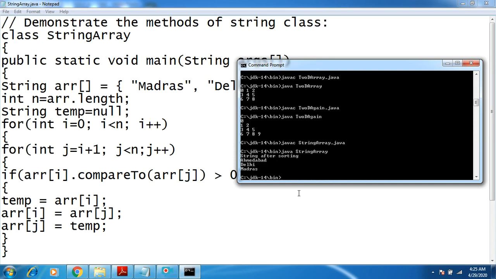If you see the string after sorting, the first one is Ahmedabad, next is Delhi, third one is Madras. So it has displayed the names of the cities in alphabetical order.